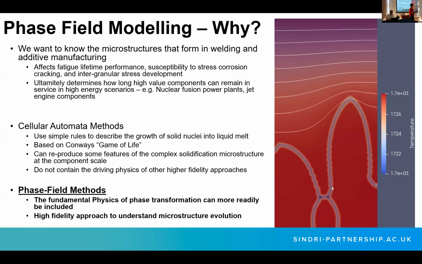So that's why we do the modeling. And if we do the modeling, then there are a couple of different approaches you can use. So there's cellular automata methods, for example, which are a lot more computationally cheaper, but they don't capture so much of the interface physics. But they give you really sort of larger scales. They give you a lot of information. They rely on these simple rules that over a large length scale reproduce the kind of features that you see in